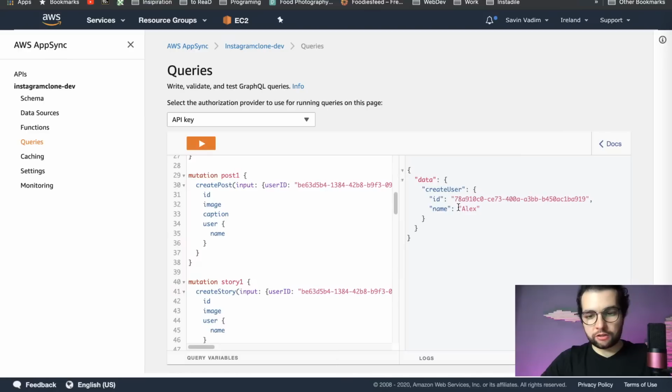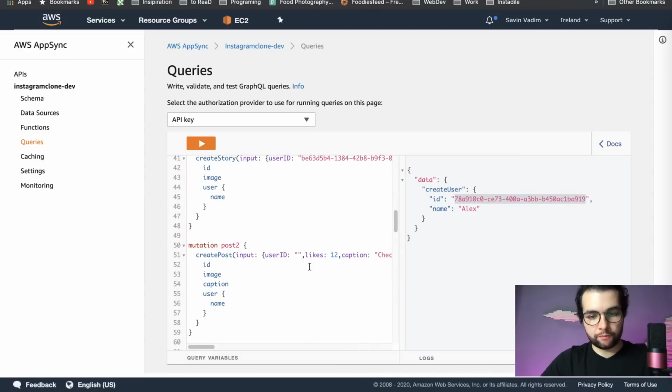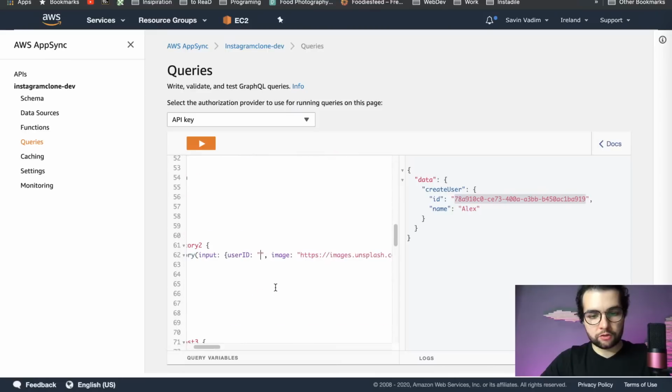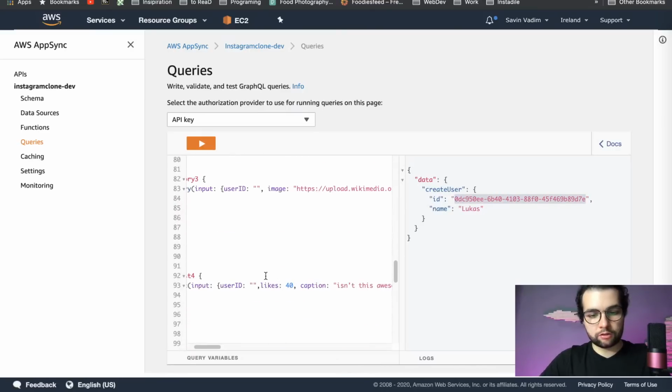Let's go with the user 2, copy the ID the same way, and go to post 2 and story 2. That's good. User 3, copy the ID, next post, next story. Run user 4,